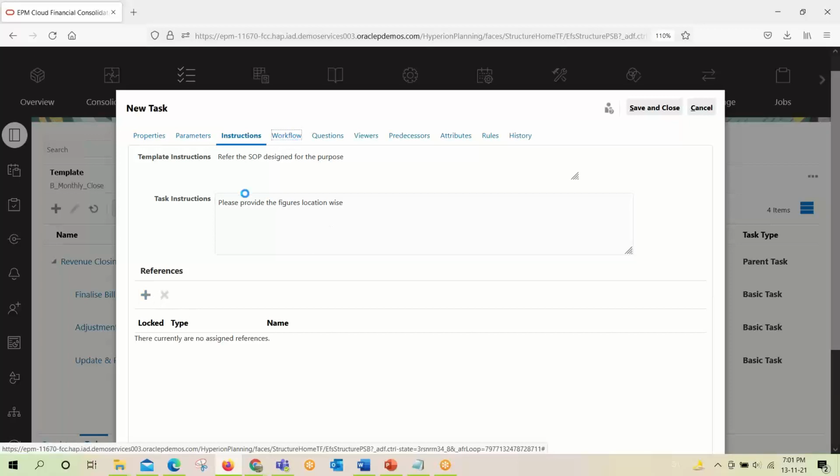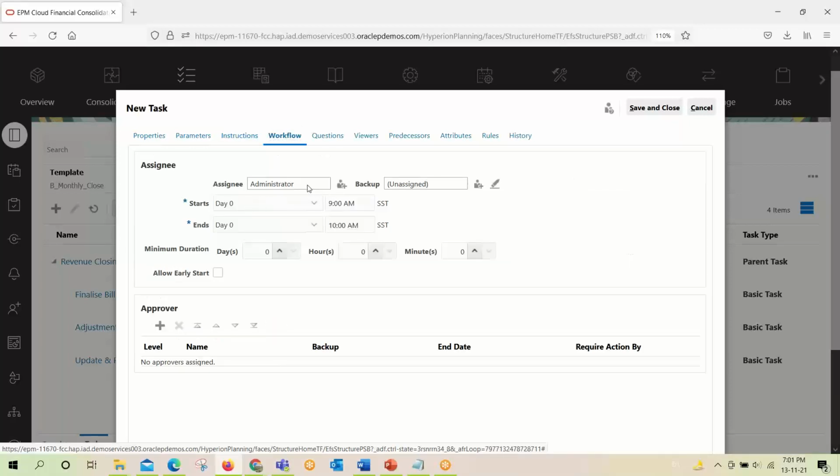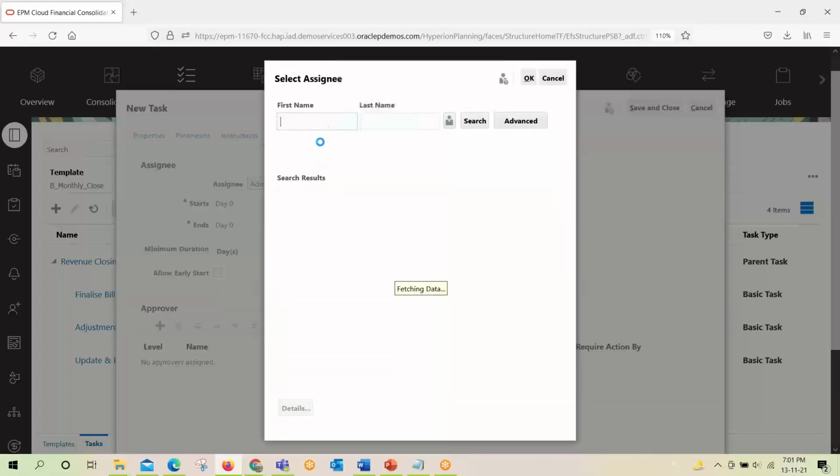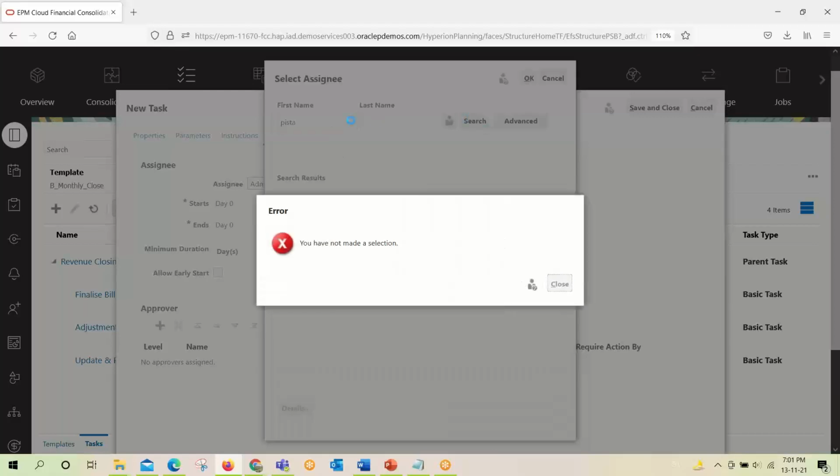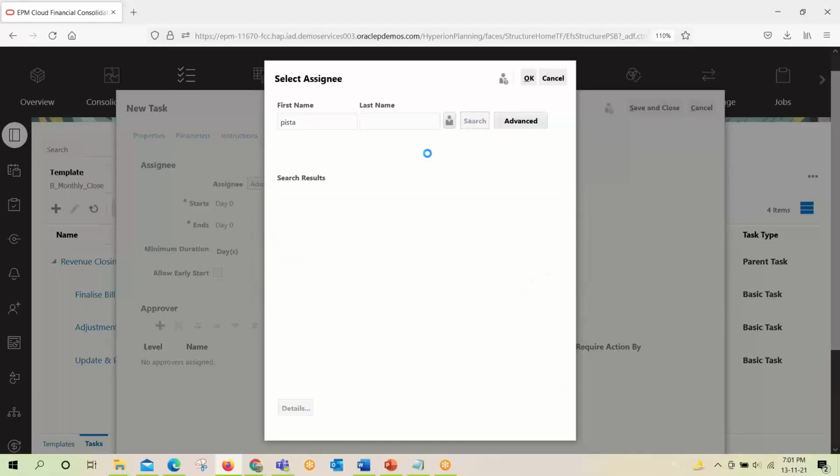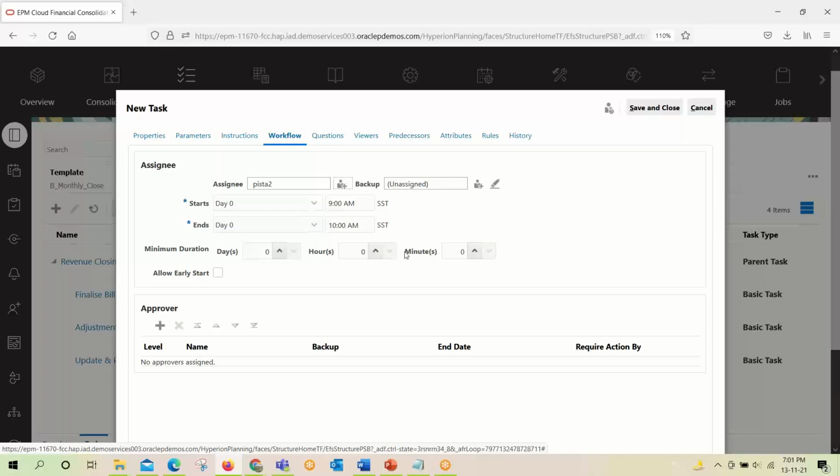Similarly, in workflow, we have to assign the user. I will assign this task to Pista 2, so Pista 2 will be responsible for completing this.